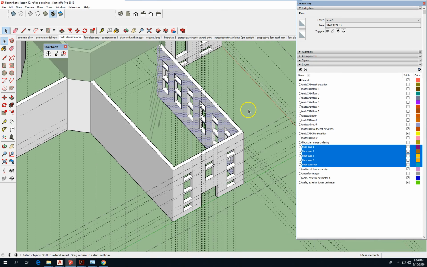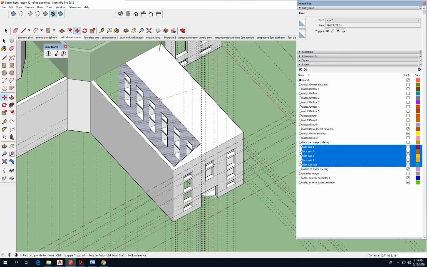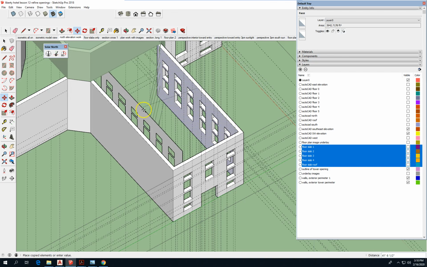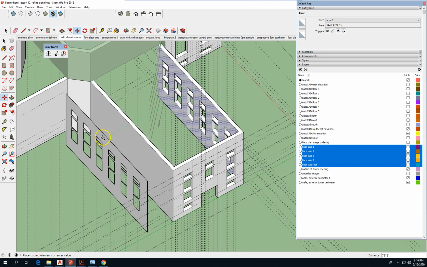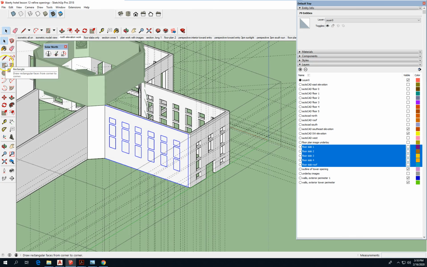So one thing I could do is copy that face. Tap the control key, and green axis, and align it to this. How does that help me? Well, what it does